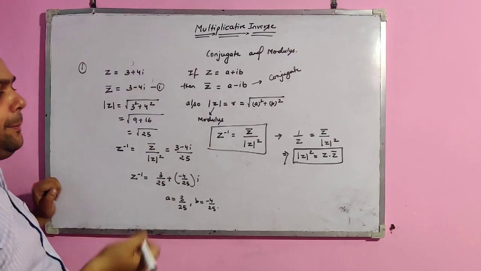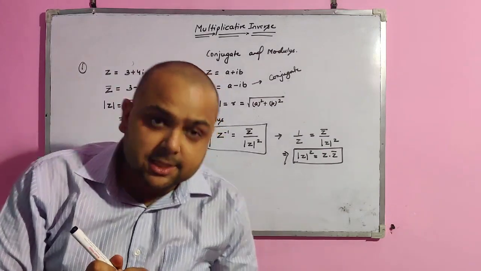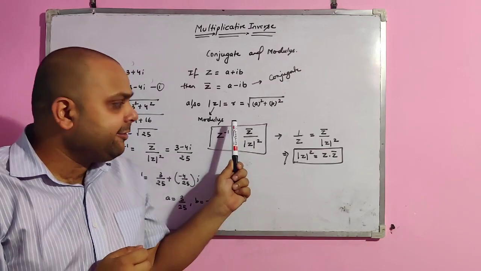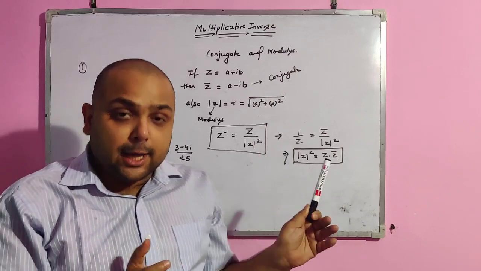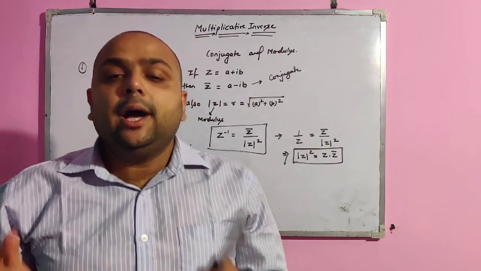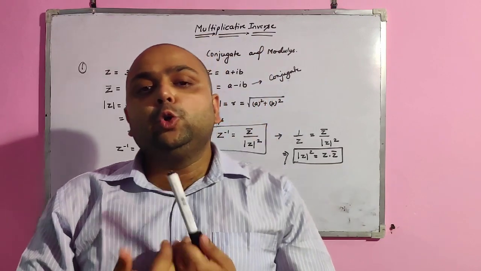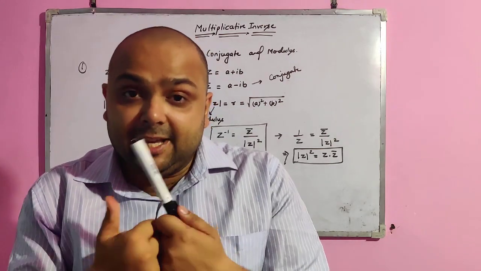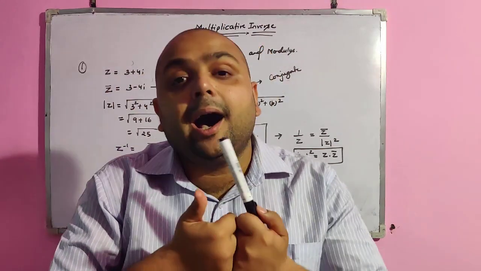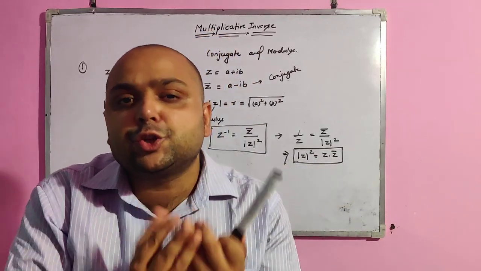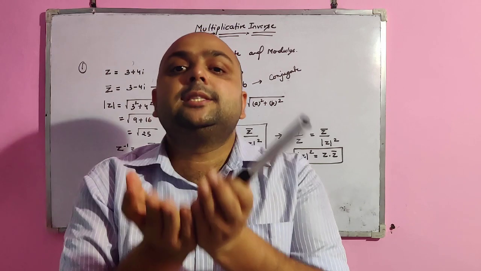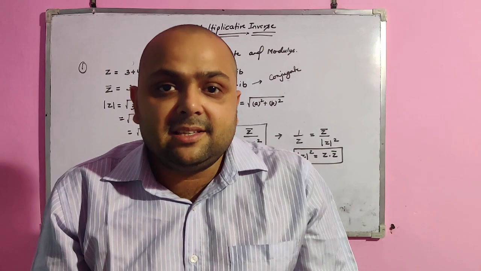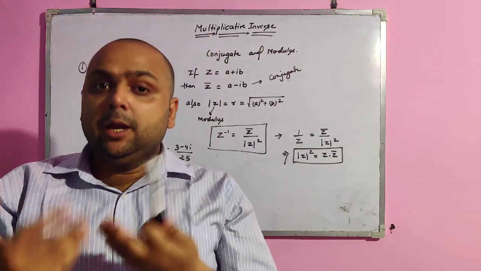So using these concepts we can calculate multiplicative inverse by using this formula. Z inverse is equal to the conjugate of Z divided by the square of the modulus. I hope everyone is understanding this. Now in the next part of the video I am going to tell you about argument and the polar form, which implies the use of the modulus and the argument. The representation of this complex number in Cartesian axis is the polar form. So first of all you try to complete the first exercise as per this concept and we will see more later.